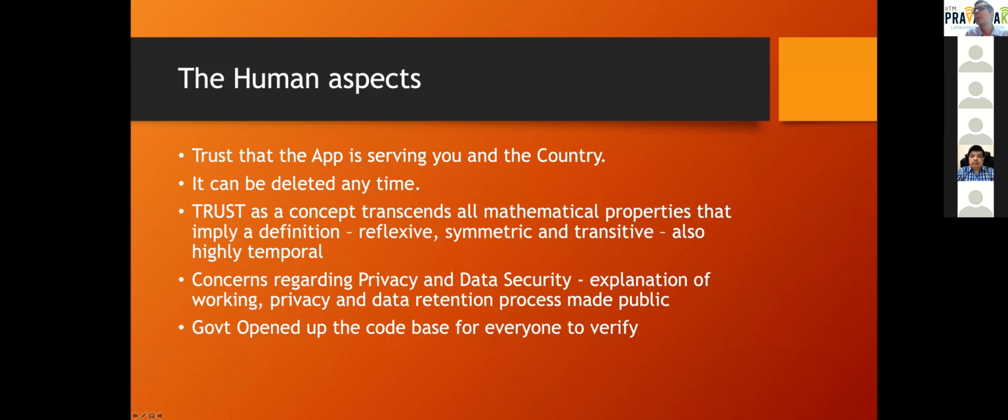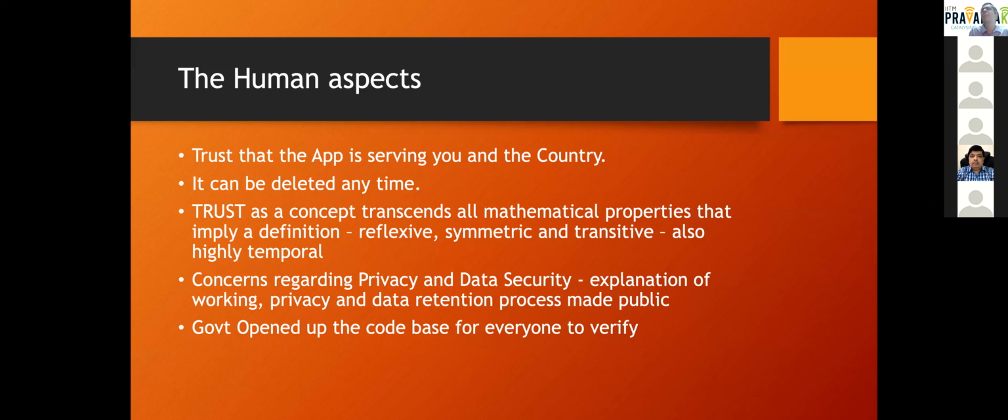Now that monkey becomes drunken and bitten by a scorpion because of two other reasons. First, it's very contextual. I trust you on something, I don't trust you on something else. And then it becomes temporal. In the morning I'll trust you, in the evening I'll not trust you, tomorrow morning I'll trust you, tomorrow afternoon I'll stop trusting you. So trust is very, very important, and that is where humanities and social sciences play a very important role in developing such systems.